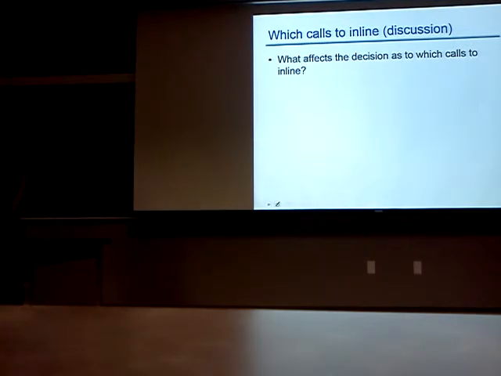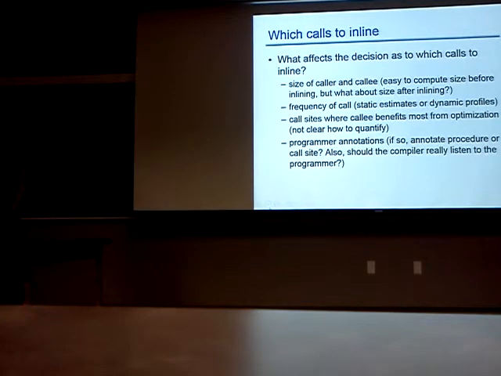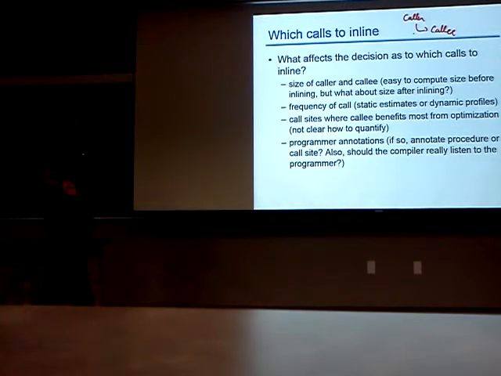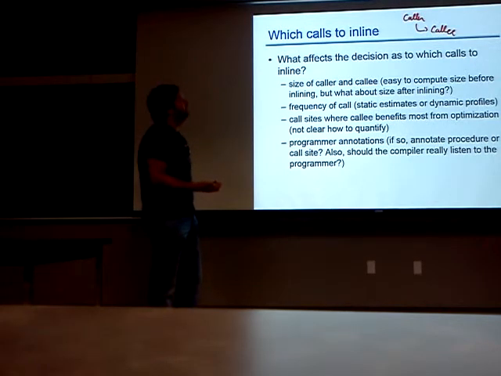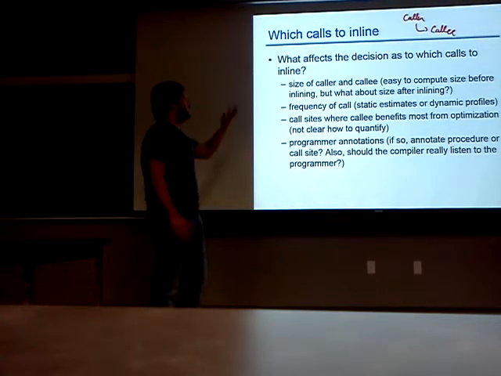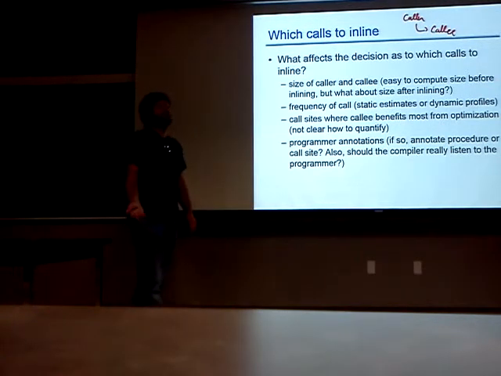Now, we've already talked a little bit about this. So we have caller and callee. Let me just make sure that we all are on the same page. The caller is the thing doing the calling, and the callee is the thing being called. So the caller calls the callee, like employer and employee. So the size of these things matters, the frequency, the benefits you get from optimization later on,